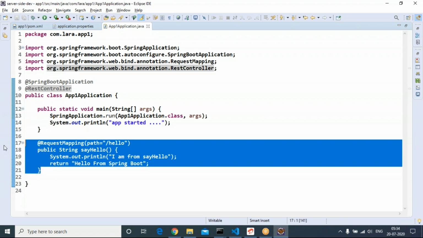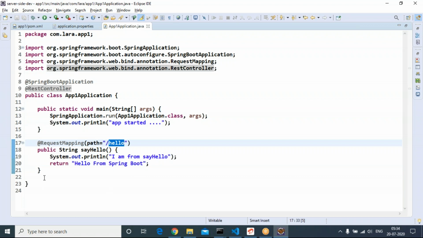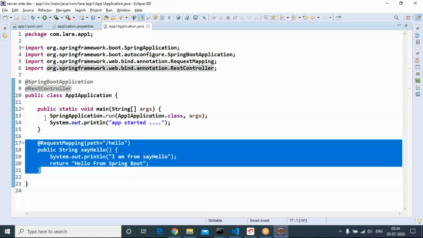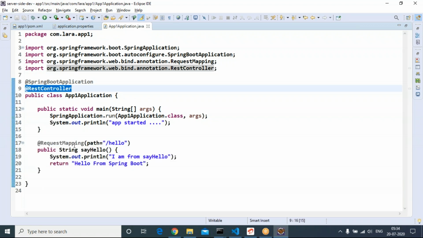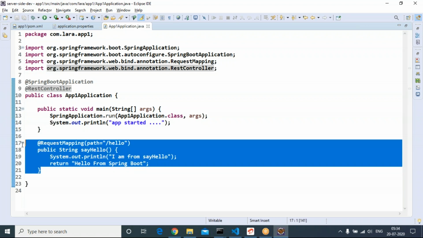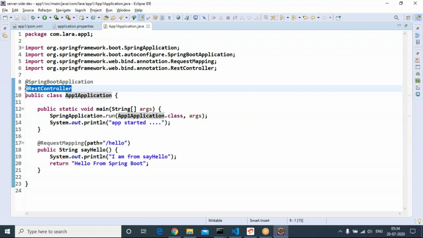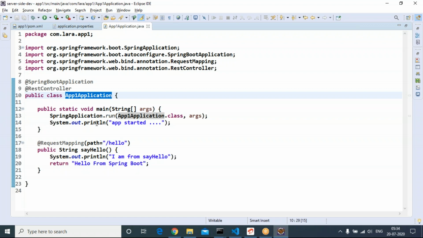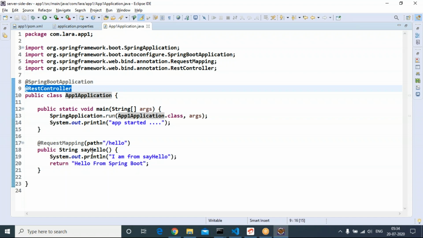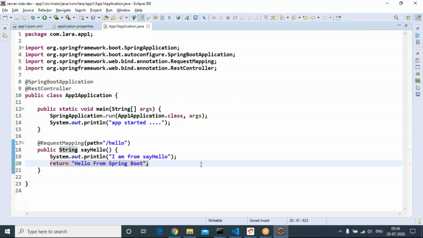This is one of the REST APIs which can be called from outside, so this method should be inside a RestController. Our application class, whichever class we got as a default, we are making itself a RestController and defining the REST API. That's all.